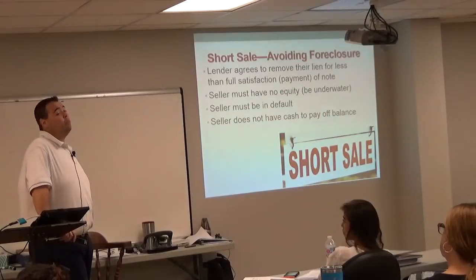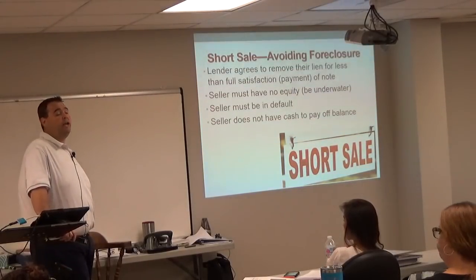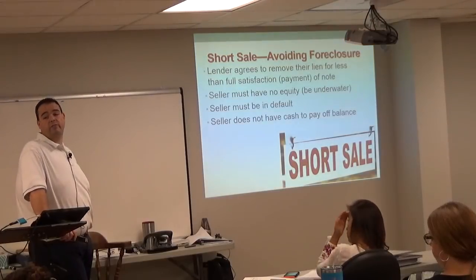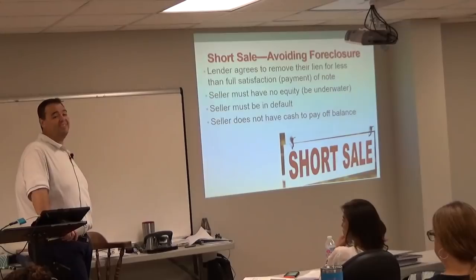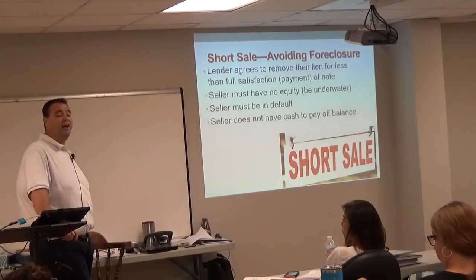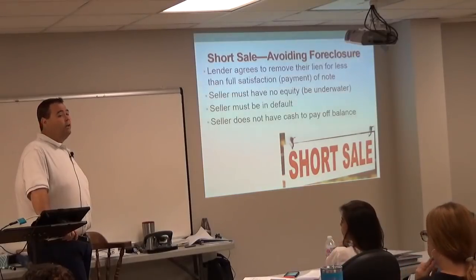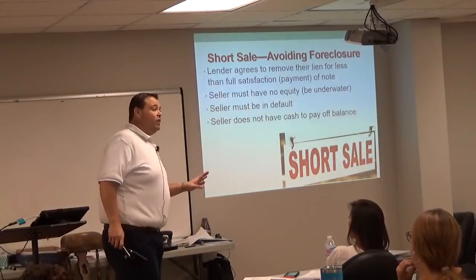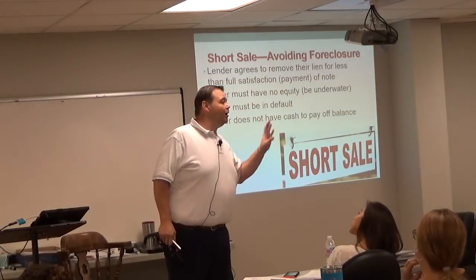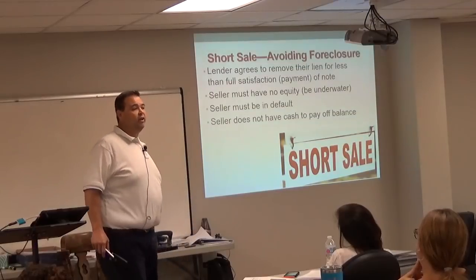Because if you've got retirement accounts you can cash out, they'll be like, oh no, you just cash out your retirement account and write us a check for the difference. They're not going to approve a short sale if you have access to any funds. If you've got stocks, bonds, cash, retirement accounts, they will go after them. So remember what I said: they have to feel that the only other option is foreclosure. They're never going to approve a short sale if they feel there's any other way they can get this money.